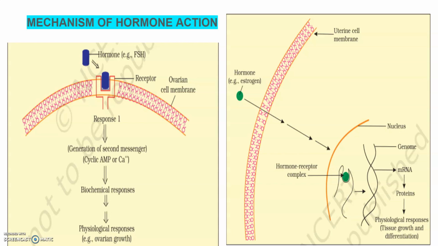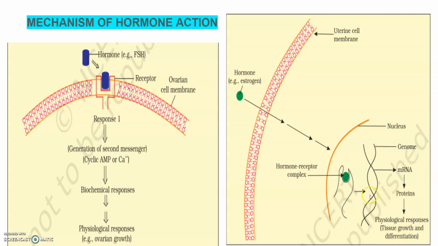Hormones which interact with the membrane-bound receptors normally do not enter the target cells but generate second messengers, that is cyclic AMP or calcium ions, which in turn regulate the cellular metabolism. Hormones which interact with the intracellular receptors, for example steroid hormones or iodothyronines, mostly regulate gene expression or chromosome function by the interaction of the hormone receptor complex with the genome. Cumulative biochemical reactions result in physiological and developmental effects also.